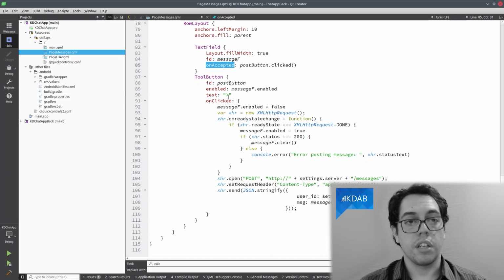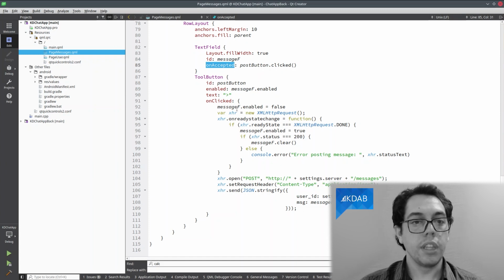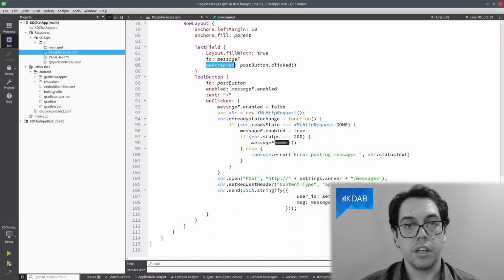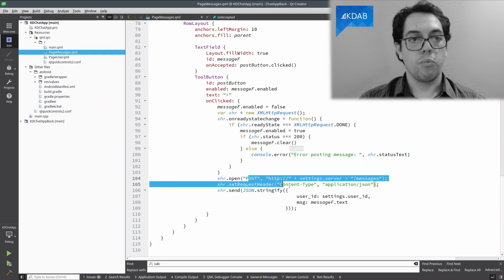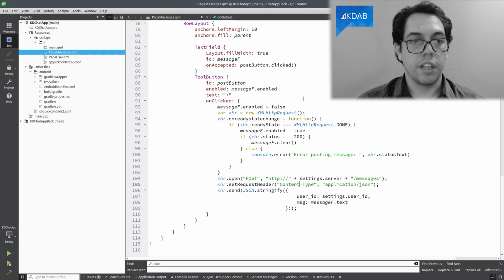This method is going to send a message to the server, and we are going to have the message shown here because the message is going to go on this post and be received by the WebSocket. So we are going to be testing both things at the same time. Basically here, we just do a post to our setting server on the message, make sure the content type is right, send the user ID so that the server knows who sent the message, and we send the message text.